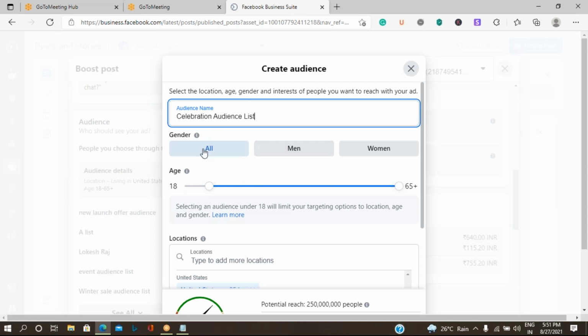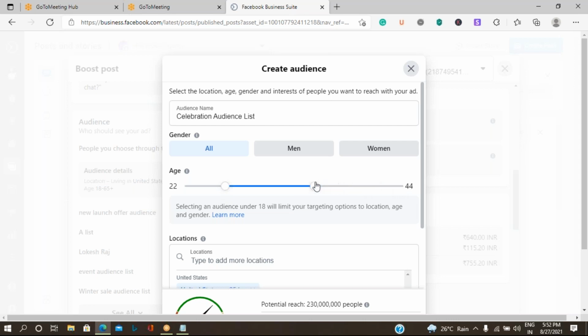Is this particular audience list of commonly men and women, or specifically men or women? You can select with this option. Then, is it with age restrictions? Do you want to reach this content to people of a particular age? Then you can select the age restrictions over here.